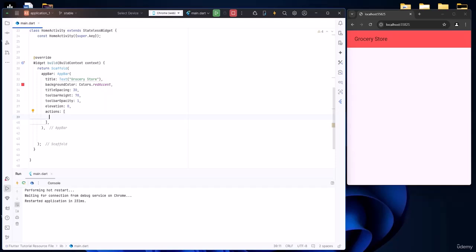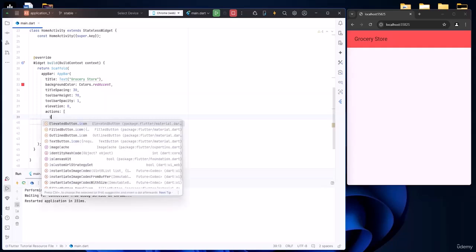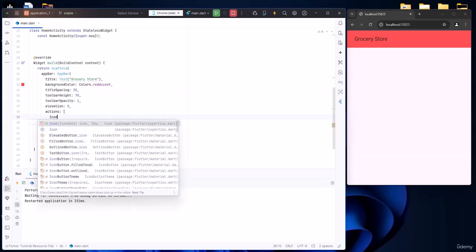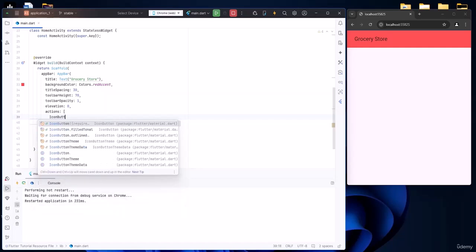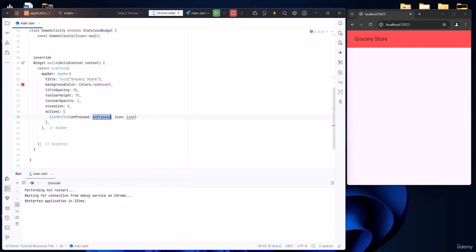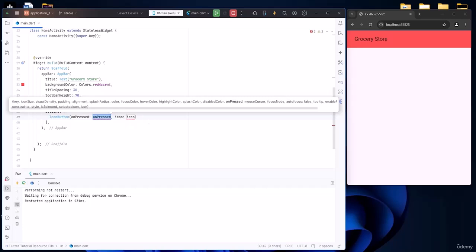So to add this icon right over here, now I'm going to type icon button. Okay, so let's go with icon button right over here. And once you create this particular thing, we need to understand that we are going to work